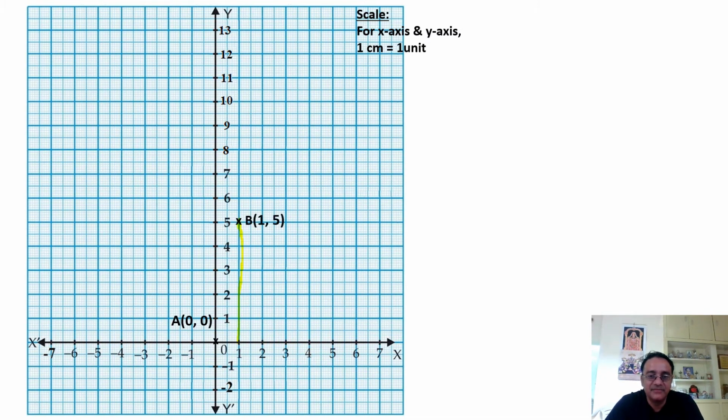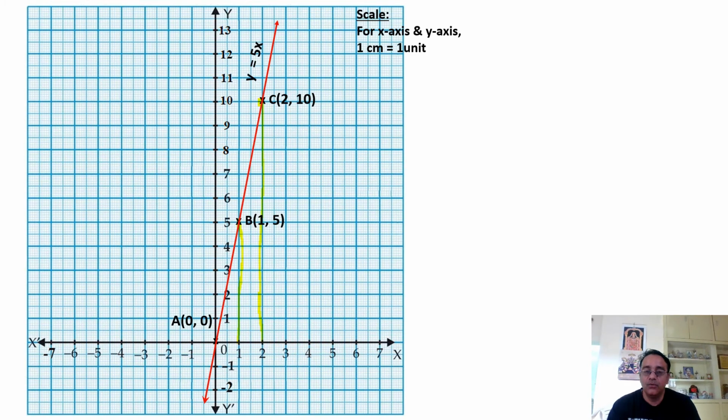सो ये हो गया. Now the next coordinate is 2 10. सो 2 से ऊपर की ओर जाना कहाँ तक, अप टू 10, राइट. So now we got the 3 points. So we are going to draw the line which passes through these 3 points. So this is the line. Now we have to write the equation. Okay, so equation भी लिख लिए.